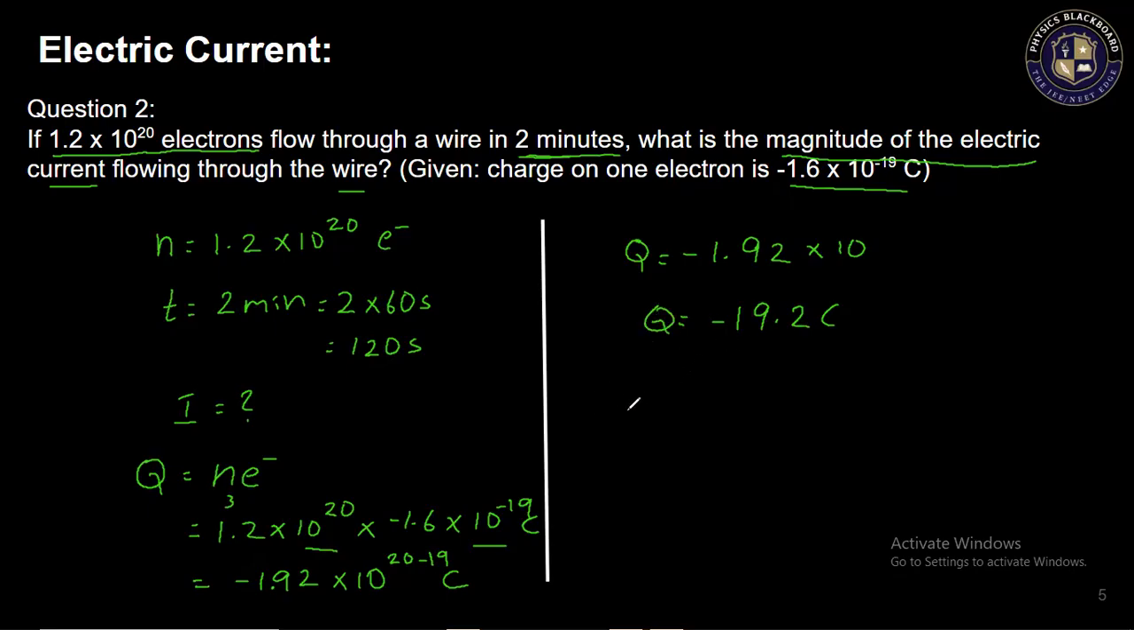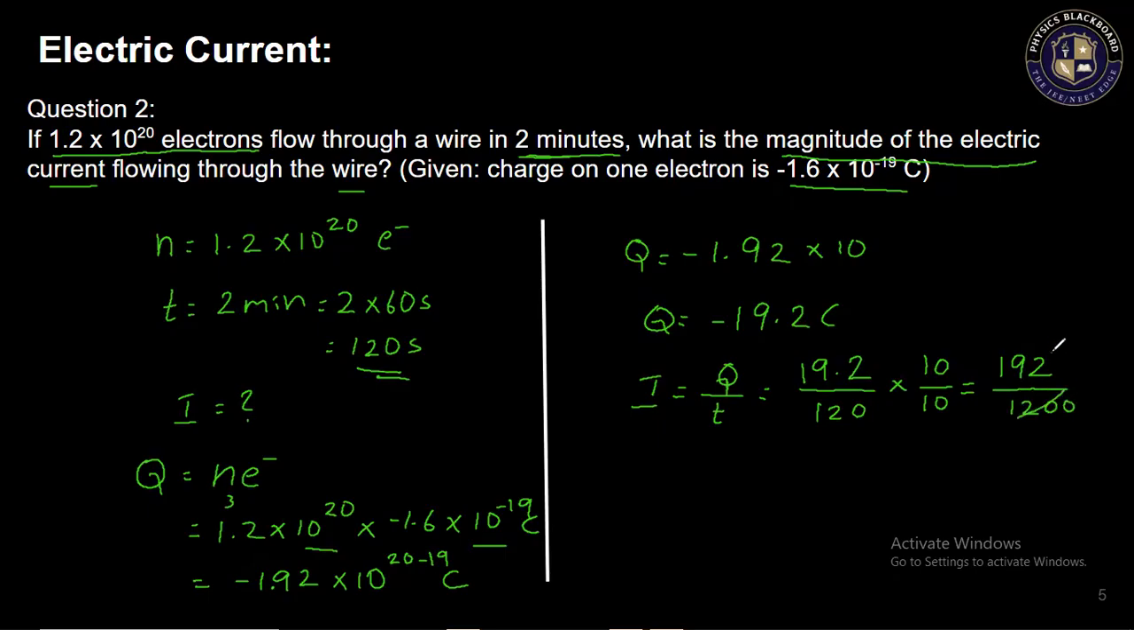Now we got the total charge. Then we will see what is the total current passing through that conductor. I is equal to Q by T. What is Q here? We got 19.2 by, what is the total time? 120 seconds, right? 120 seconds. So to remove this decimal, I just want to multiply with 10 and divide it by 10, so that I will get 192 by